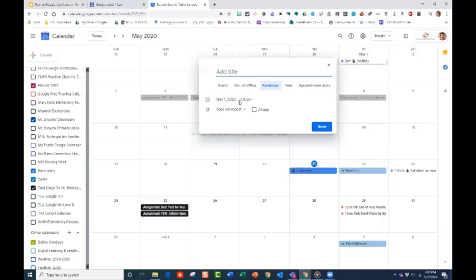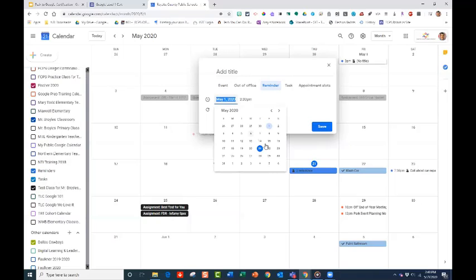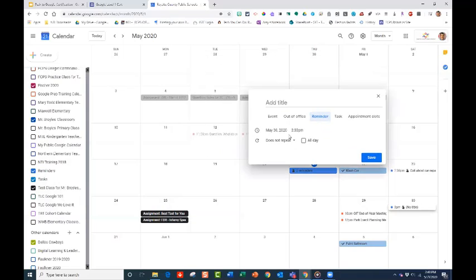I'm going to choose the day and time I want that reminder to be. And maybe it's something that's going on the 30th. I need to go ahead and reserve maybe the park so we can get a run through of what's going on. Maybe a shelter inside the park so we can have a dinner or something. So I'll go right here to that date, which is May 30th. And I'm going to add the title of my reminder, and it's going to be call shelter to reserve,